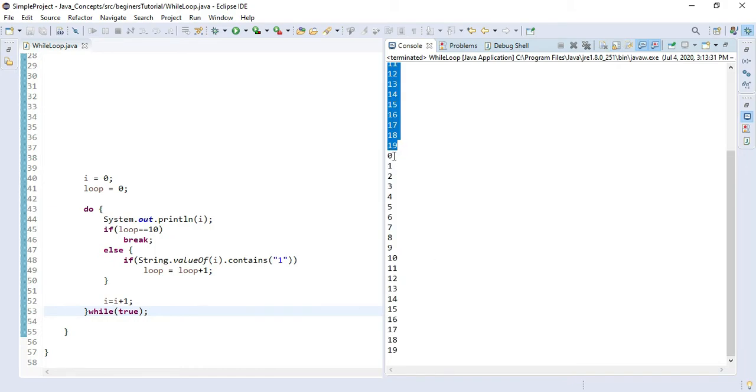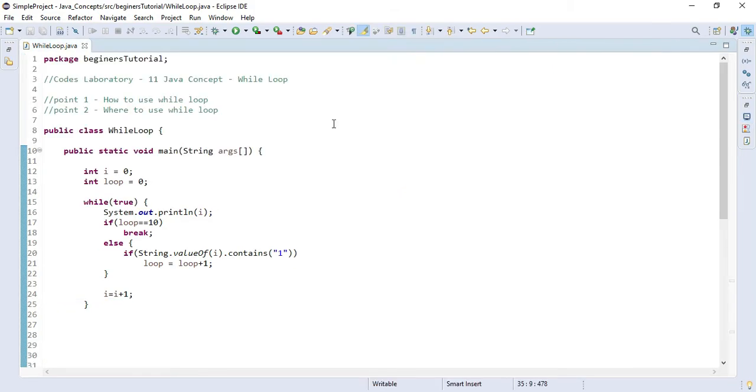In do while the same thing happened, as we have put true here. When the value of loop got 10, it increased the value of I by 1, so it got 19, and as this condition is true, it came here, printed 19 and broke this loop. So this was about the do while.